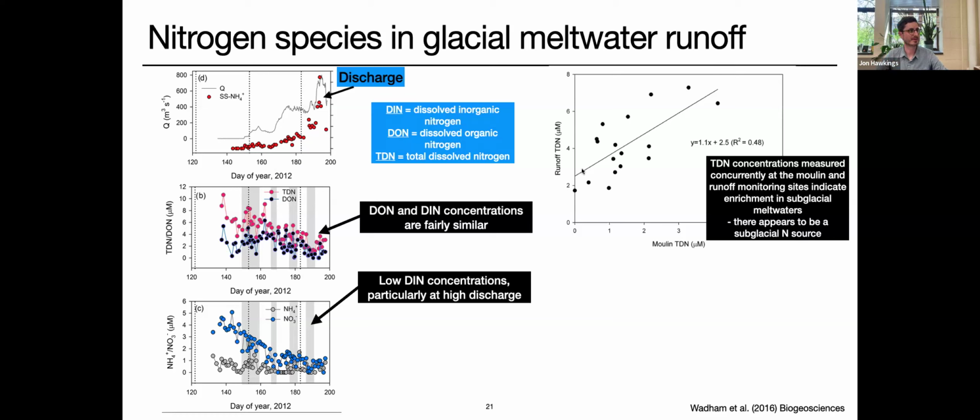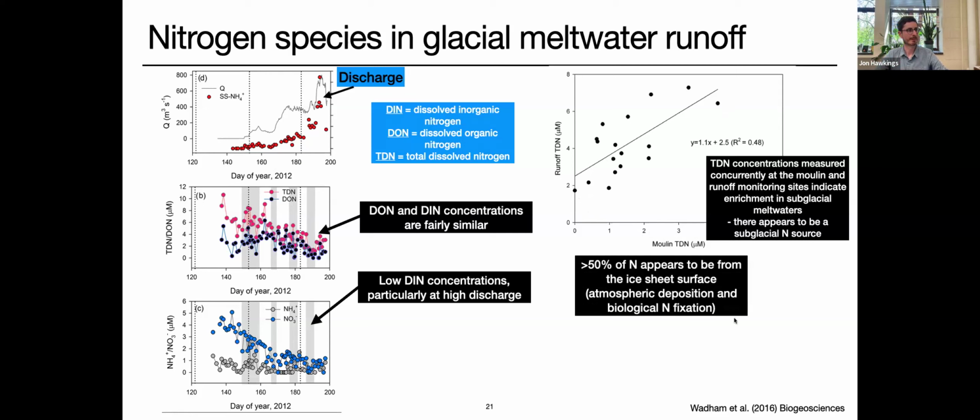But you can see an intercept here of around 2 micromolar, where the moulin, so that's the stuff going into the ice sheet, into the subglacial environment, is below detection in terms of total nitrogen. But out front, where we're sampling that proglacial river, we still have about 2 micromolar of nitrogen present. So there does seem to be a subglacial source, even though most of the nitrogen is probably coming from the